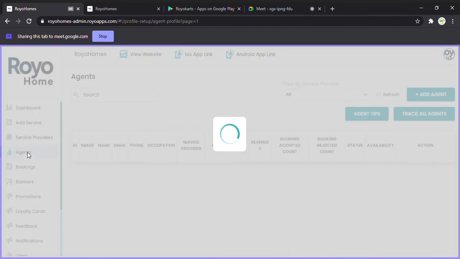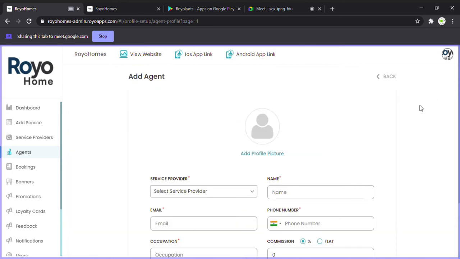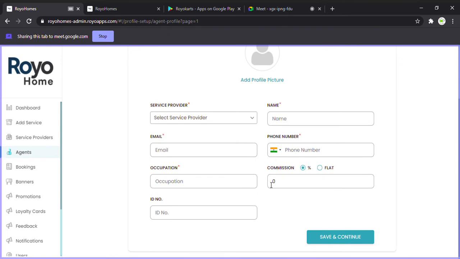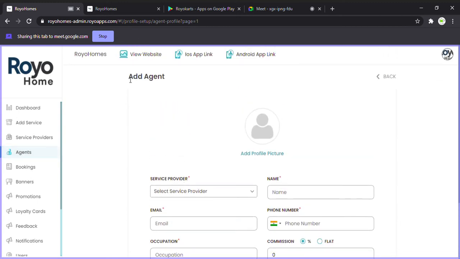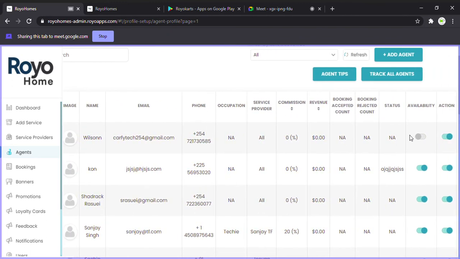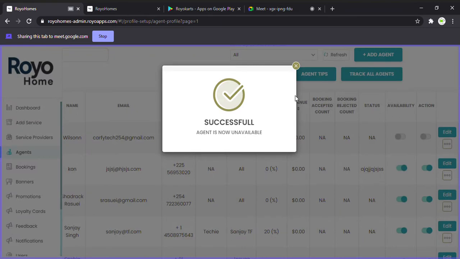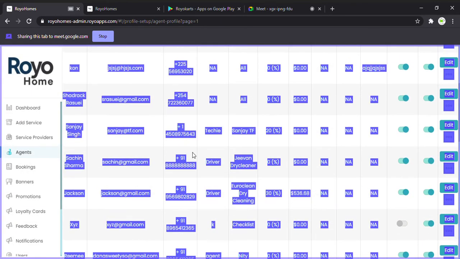Now the agents who will be there in order to go to the home and serve the client, you can just add in the agent's very basic details: name, email, ID. This can be changed as well if you, for example, want to add in the gender. Everything can be done accordingly. Then whoever the agent is will be able to provide the proper service. Then I just go back and I'll show you over here. You can check the availability and you can turn the status on and off as well. Basically you can block the agents who are not giving proper services.